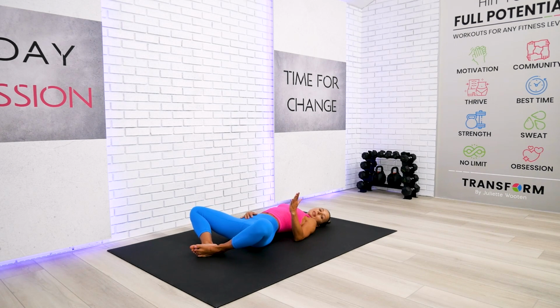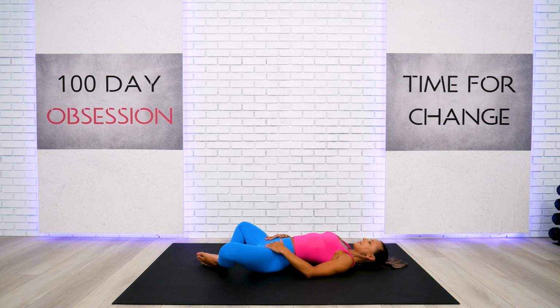We're going to hold each and every stretch about a minute and a half, and slowly try to go a little bit deeper every single time. So go ahead and close your eyes, or you can keep your eyes open. It doesn't matter, whatever makes you feel comfortable. Bring your shoulders slightly off the floor and try to bring your lower back closer to the floor. Close your eyes